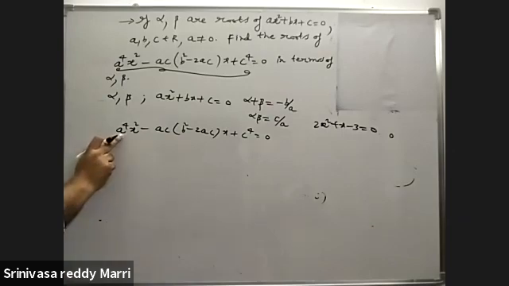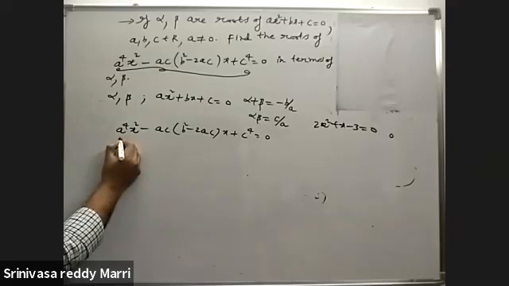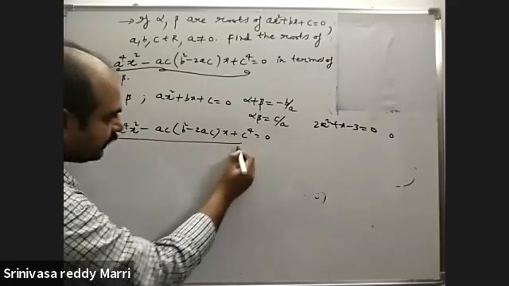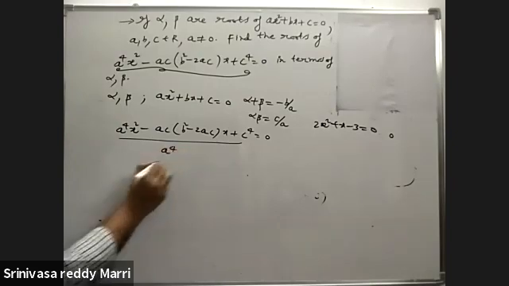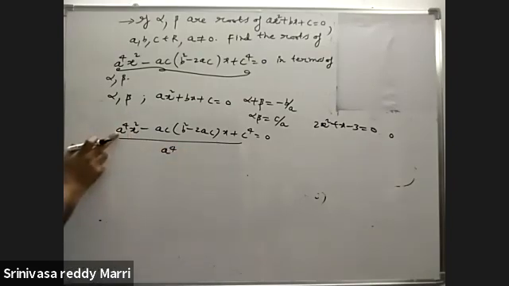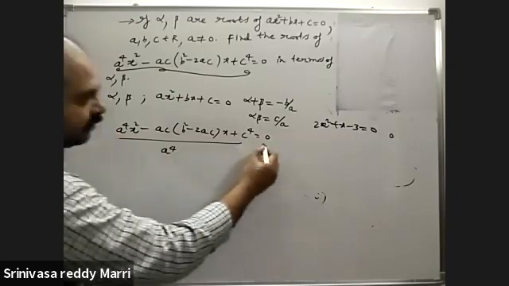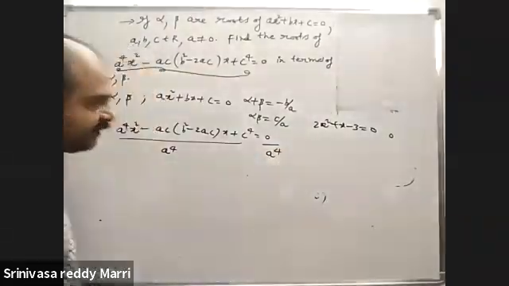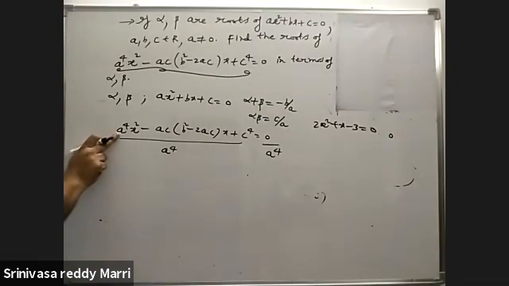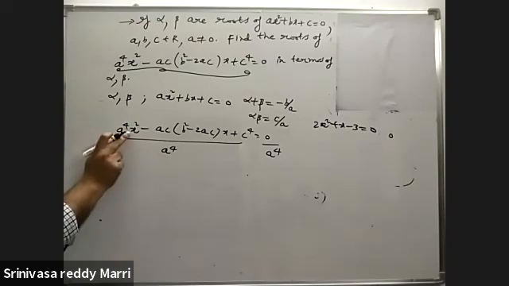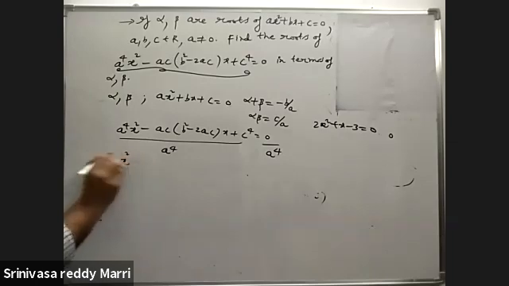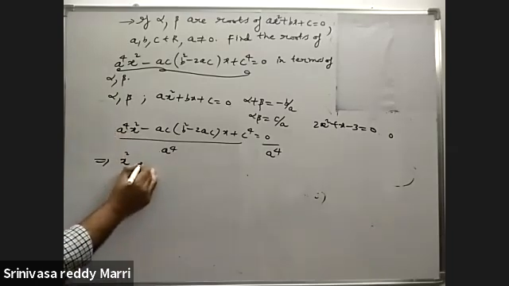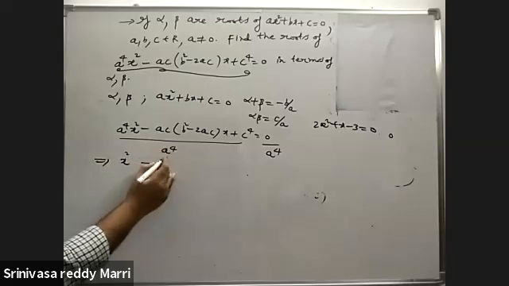What I am doing is, in this equation, both sides I am dividing with the coefficient of x square. Look at, divided by a power 4. This x square is there, a power 4 is there. Both sides I am dividing with, to make that 1 for convenience. Now both sides I have divided with a power 4. Now what is the equation you will get? This divided by a power 4, this divided by a power 4 x square. A power 4 will get cancelled, minus AC divided by a power 4.